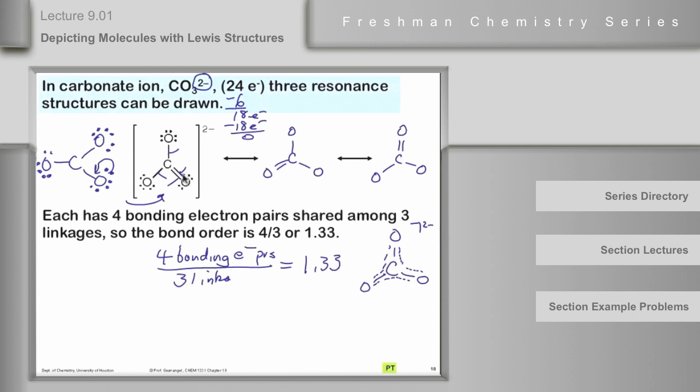What you would have to do in that case is draw all of the possible ways you could take, let's suppose this were a sulfur, for example, or some other element, and this was a double bond and that was a double bond. Then you would write all of the other possible ways to write two double bonds. One here and a single bond there. One here and a single bond there. Whatever others seem to be needed. But as the resonance hybrid,